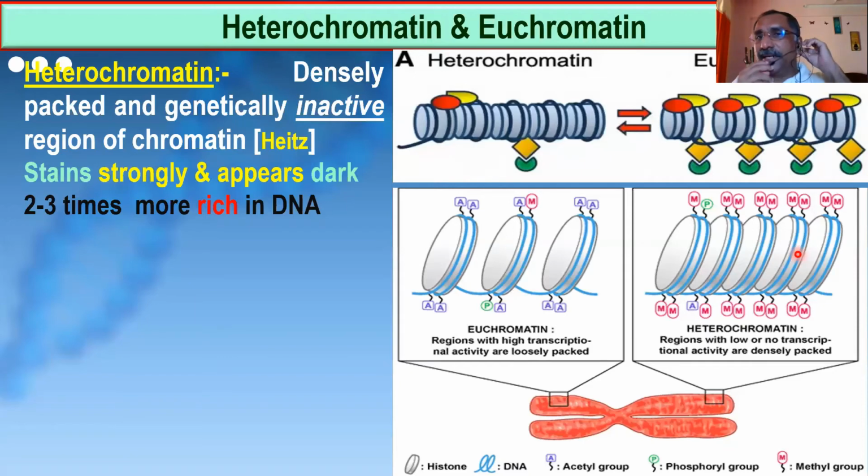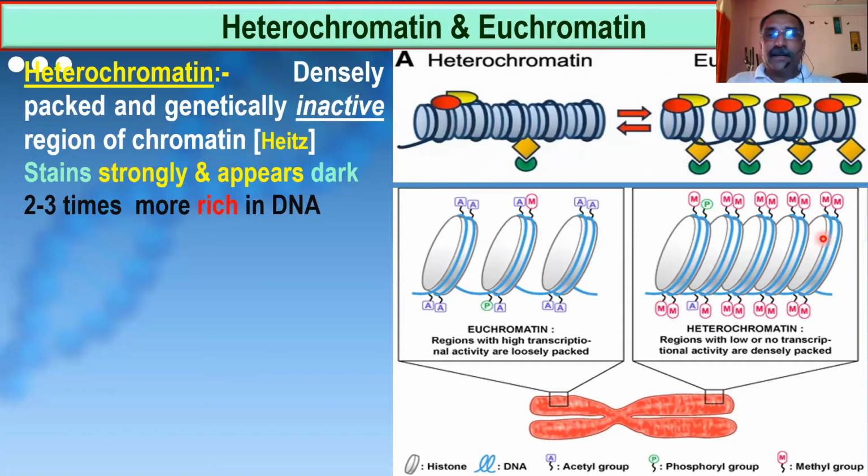Chromatin reticulum, if you look at it, has two regions. One region will be like this. The other region will be like this. In one region, you say this is the nucleosome. These nucleosomes are very closely packed. There is no gap in between. And because of that reason, it is taking too much stain. It is dark stain, dark colored.